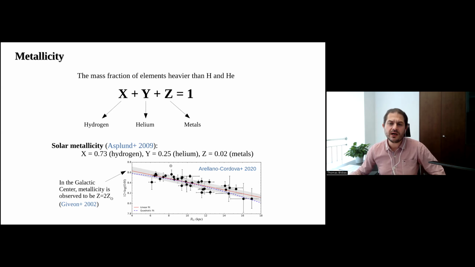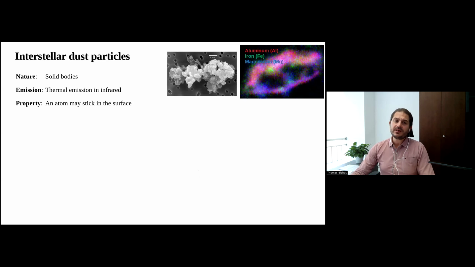And actually, the outer parts of this galaxy are quite similar to the average conditions that we find in dwarf galaxies, which are found to be metal poor. Whereas if we go to the inner part of the galactic center, this is mostly related to a heavier, more metal-rich ISM. Apart from the gas phase metallicity and all the previous environmental parameters, we also have the interstellar dust